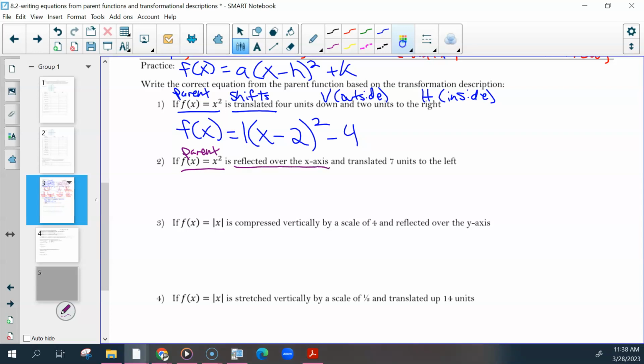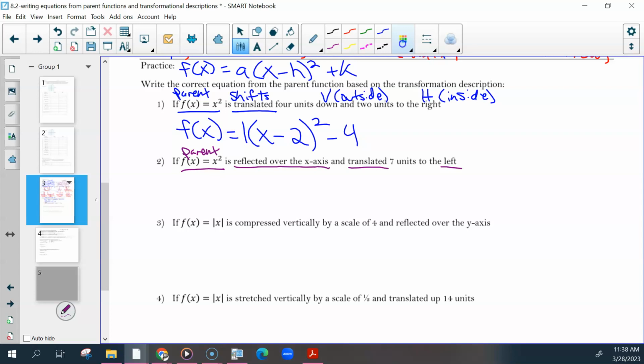And I'm going to underline the over the x-axis. That's going to be important for when we figure out which type. Are there any other transformation words we see? Translated. And we know that's to the left. So reflected over the x-axis, you can look back at your summary, look back at your pictures, or you can picture it yourself. If this is my x-axis,